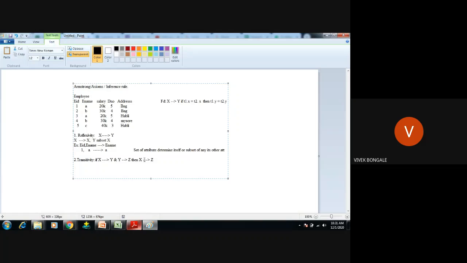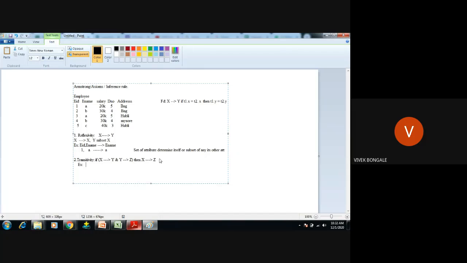That is what transitivity is. If these two are functional dependencies, there is no need of checking X determines Z. If one is not a functional dependency, then we can't say; it may or may not be a functional dependency. Okay, example for this,